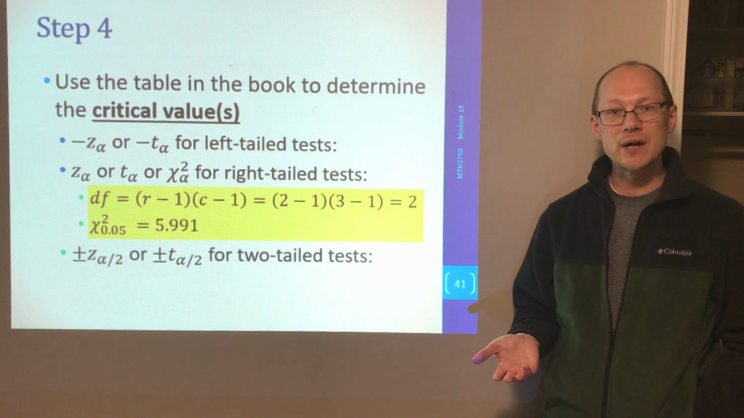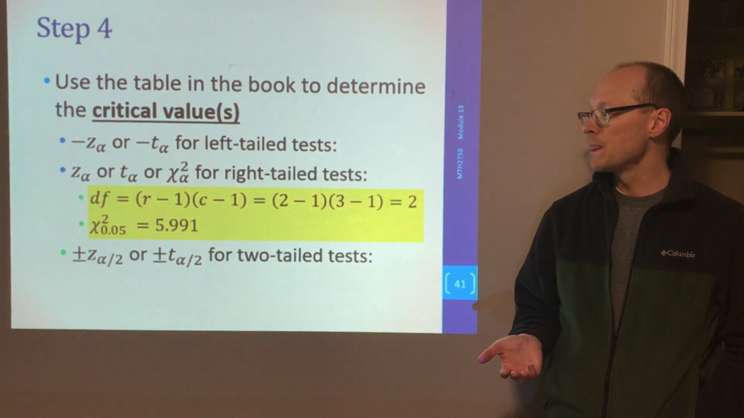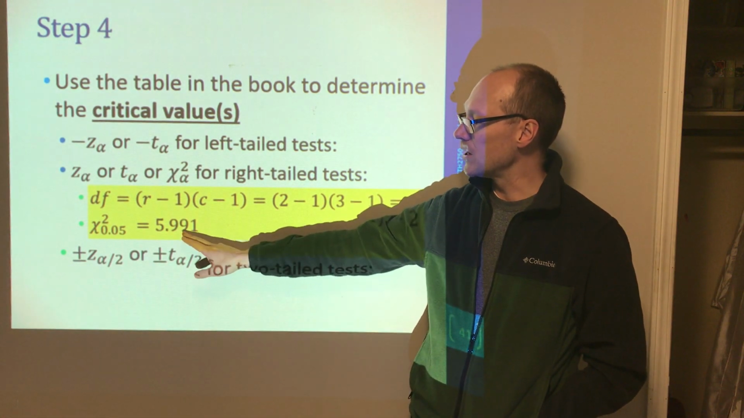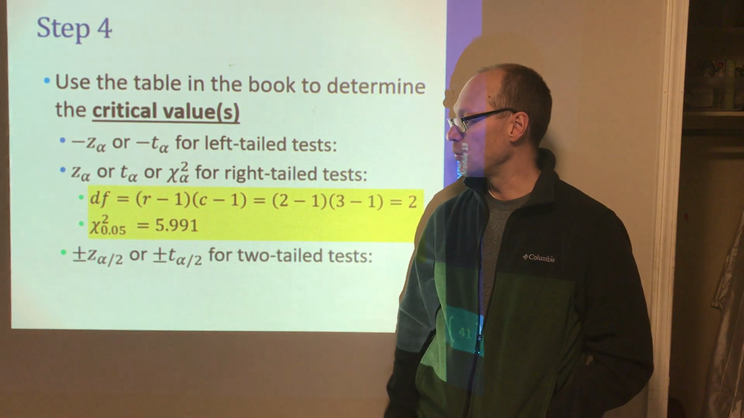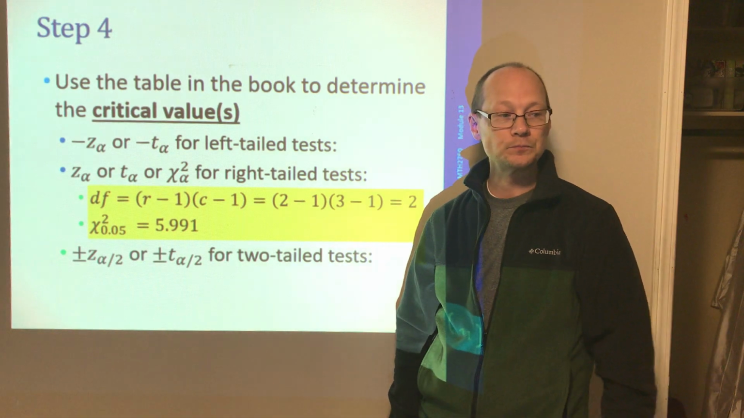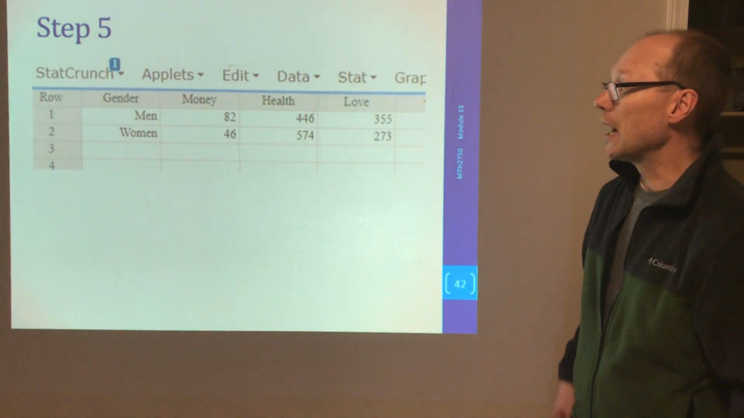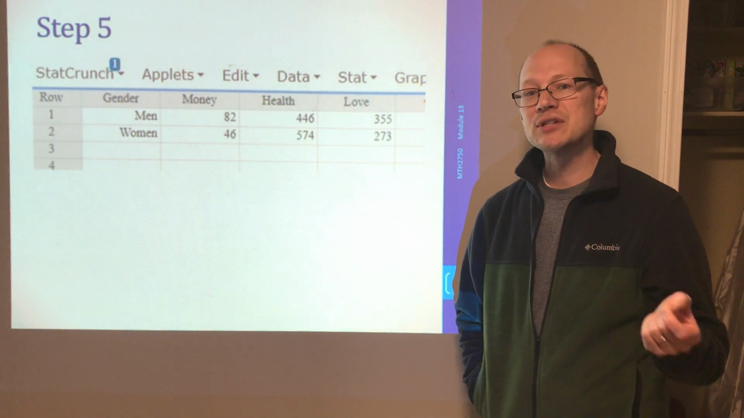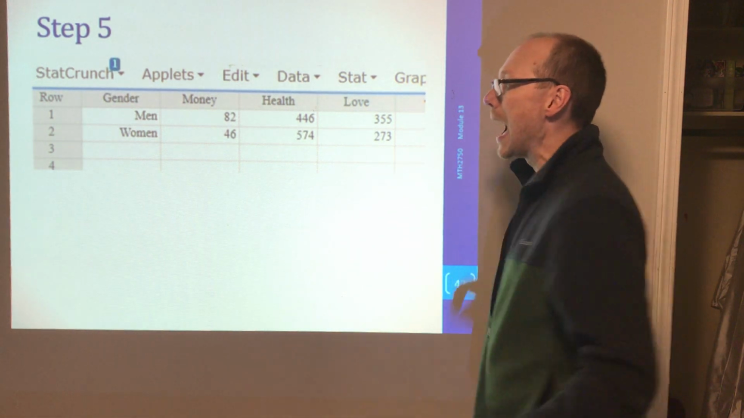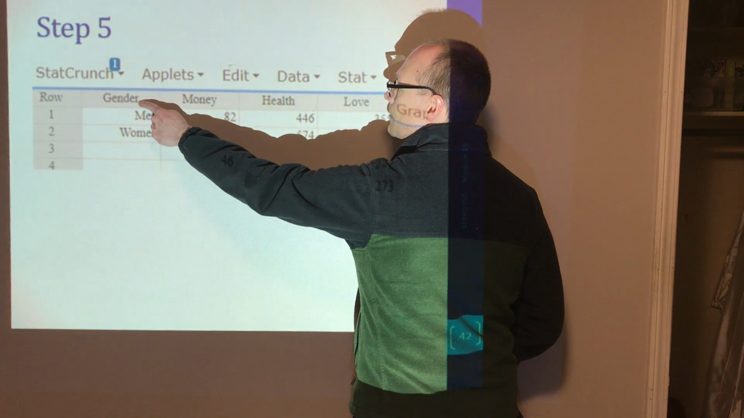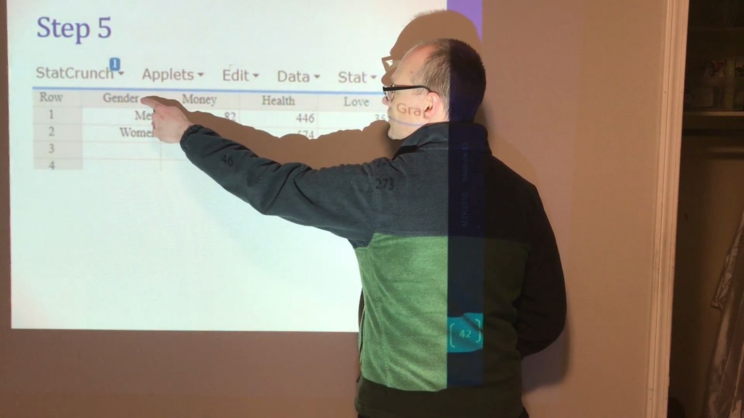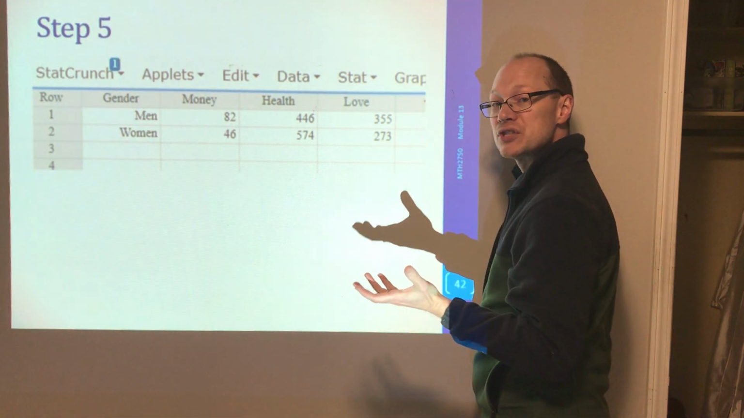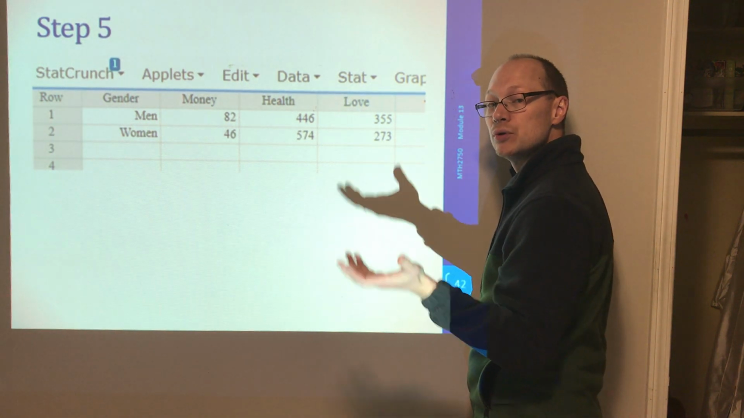Go to your chi-square table and you can find that a 0.05 chi-square critical value is going to be 5.991. Next slide. StatCrunch. You may have to type this in. Again, take some time to type these things in well. I made this column header as gender, money, health, and love. And the more you label this, the easier it is when you go through to create